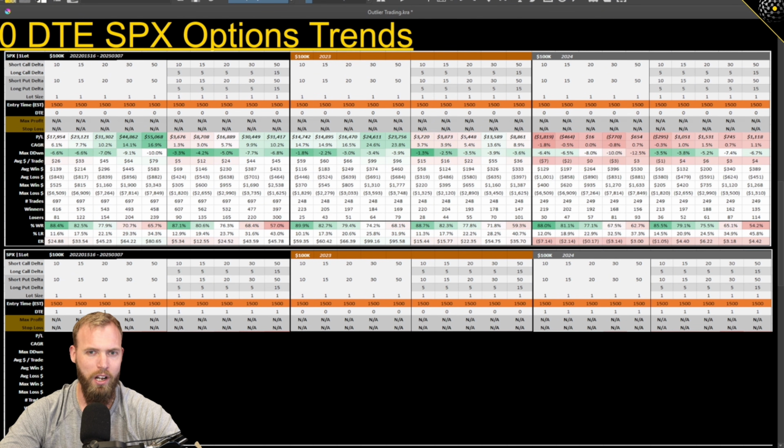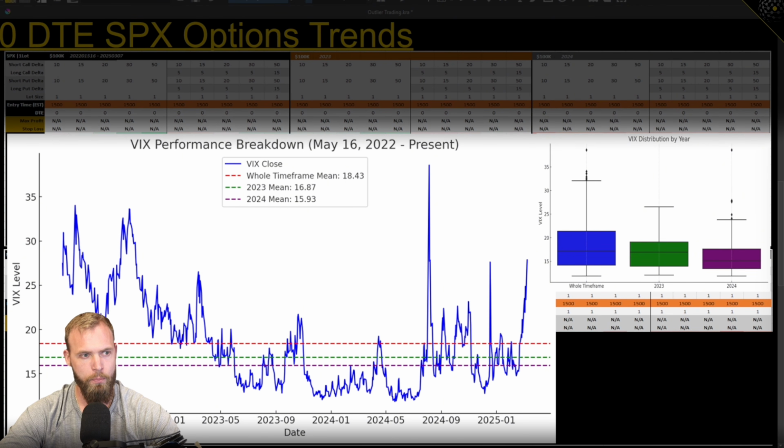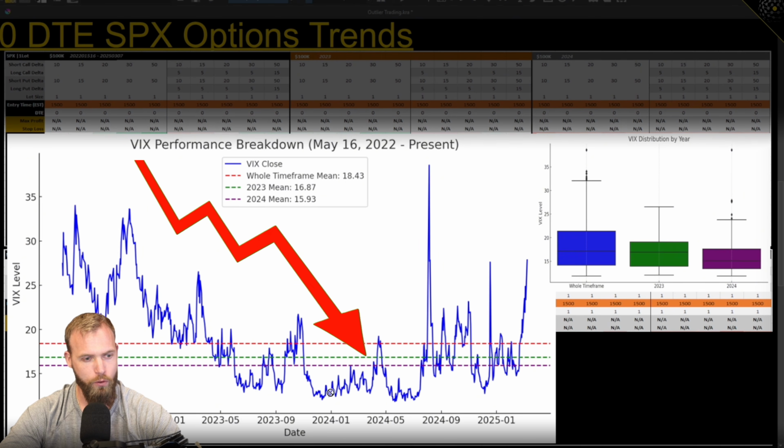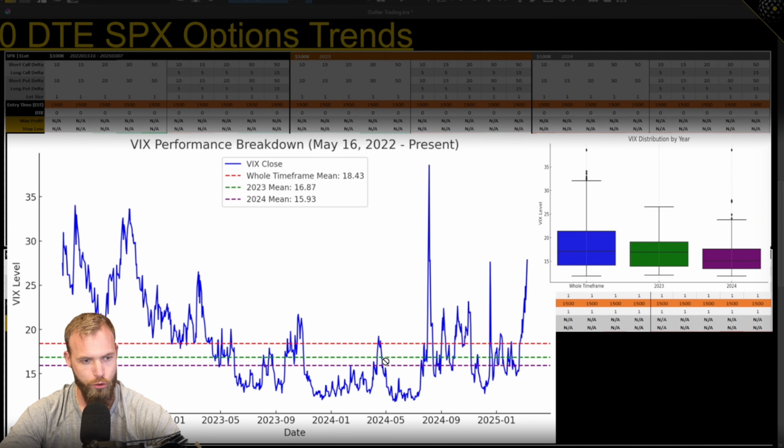So what's going on here? Well, if we take a look really quick at what volatility did in 23 and 24, you can see in 2023, volatility was in a broad downtrend. And then in 2024, you can actually see volatility started expanding quite a lot into the first half of the year with this trend. Then it spiked down and then it shot back up. So this movement that you see in 24 is really challenging for the strategy to work,